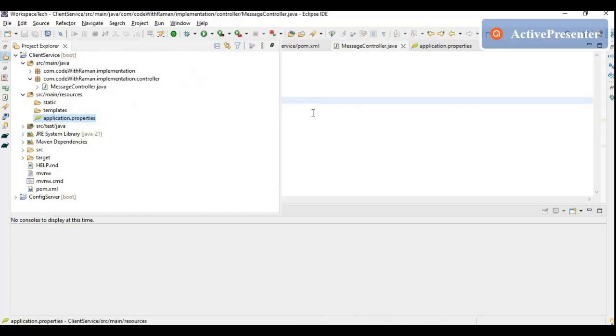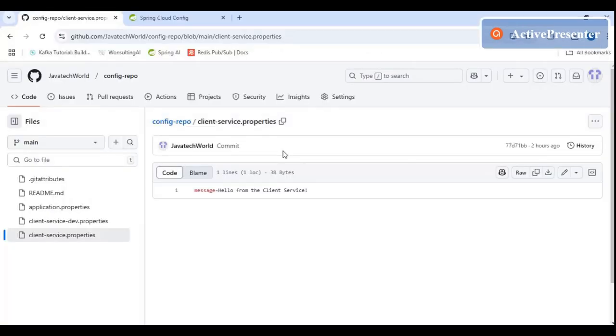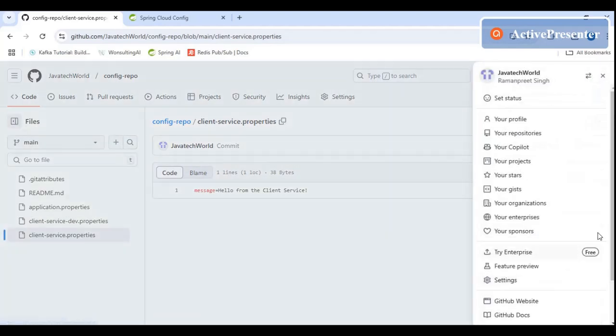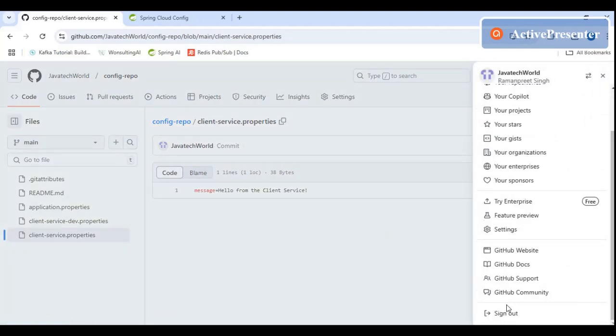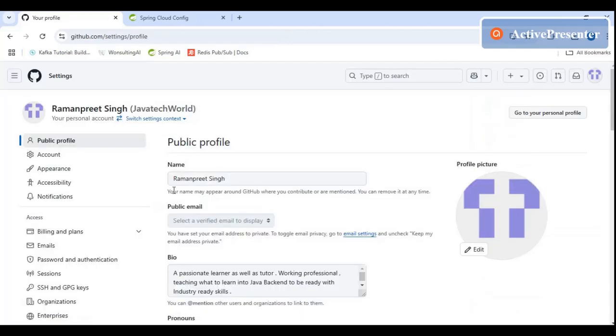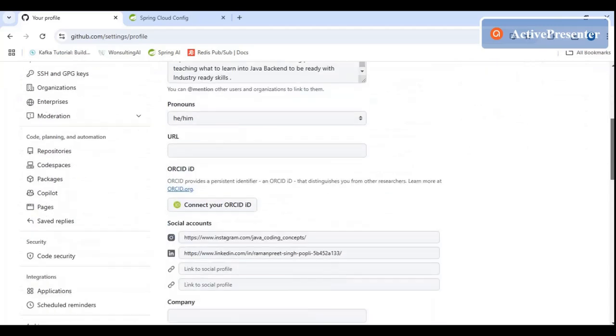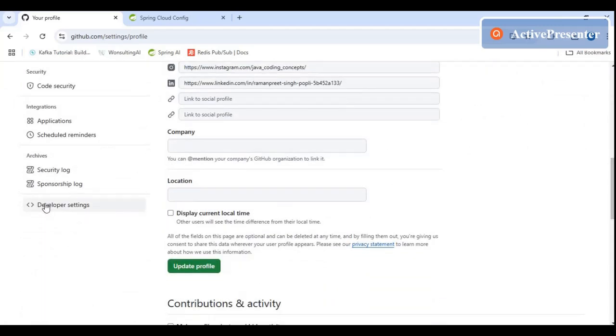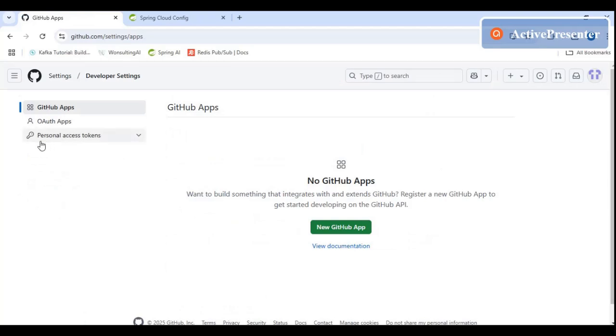First let me tell you how I have generated the token as well. If you go to your Git repository, go to the settings part, and at the bottom you'll see developer settings. Click on developer settings, and there you will get personal access tokens.